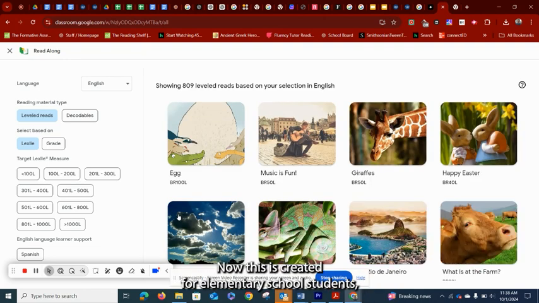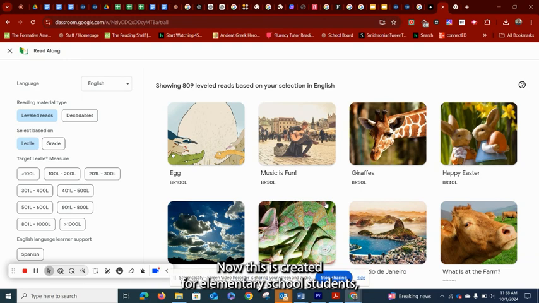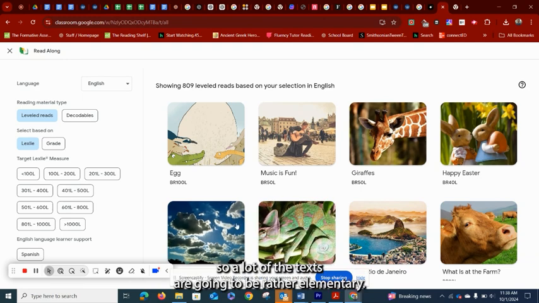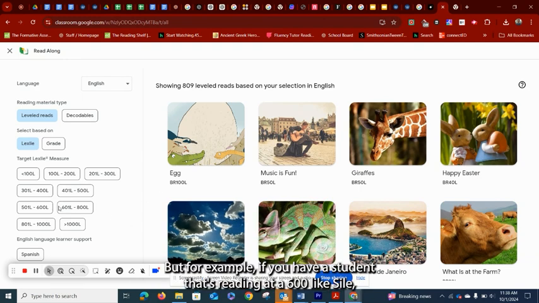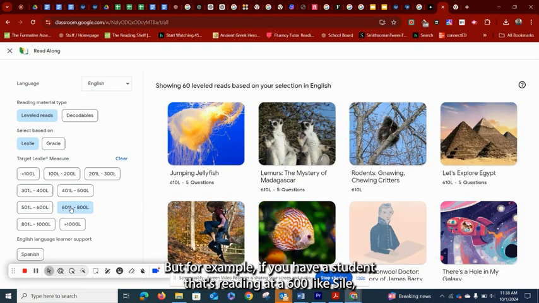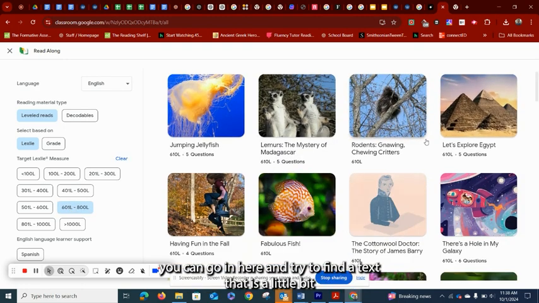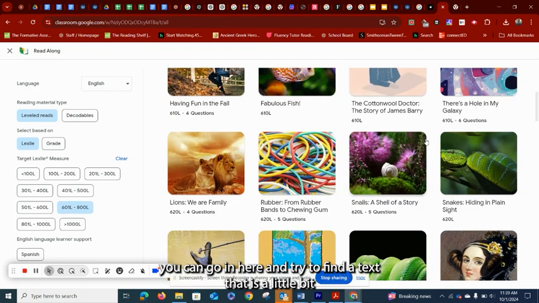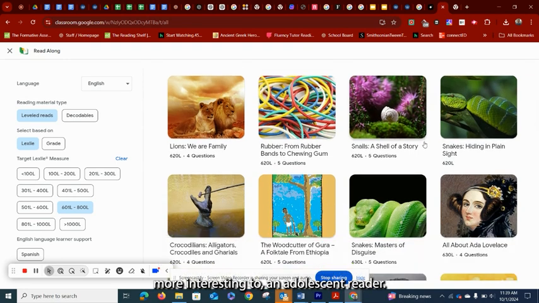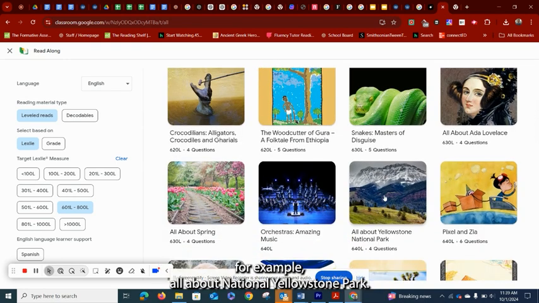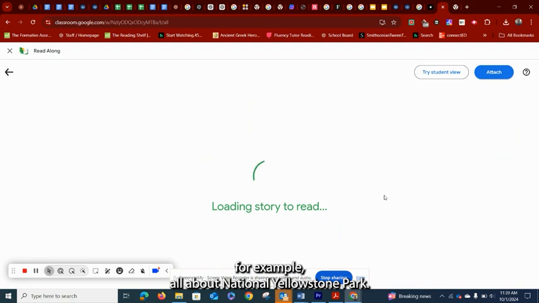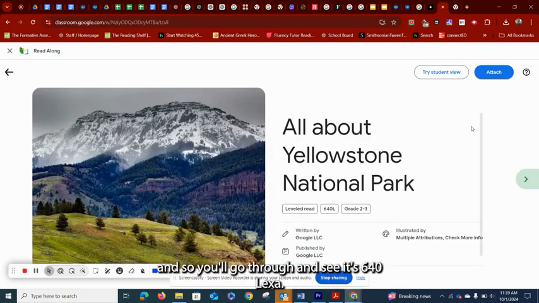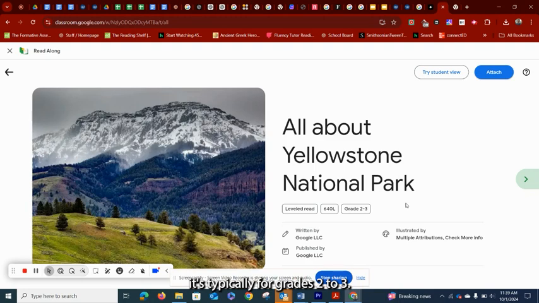Now, this is created for elementary school students, so a lot of the texts are going to be rather elementary. But for example, if you have a student that's reading at a 600 Lexile, you can go in here and try to find a text that is a little bit more interesting to an adolescent reader. For example, All About Yellowstone National Park. You could try that one. And so you'll go through and you'll see it's 640 Lexile. It's typically for grades 2 to 3, but it could be interesting for an adolescent as well to read about